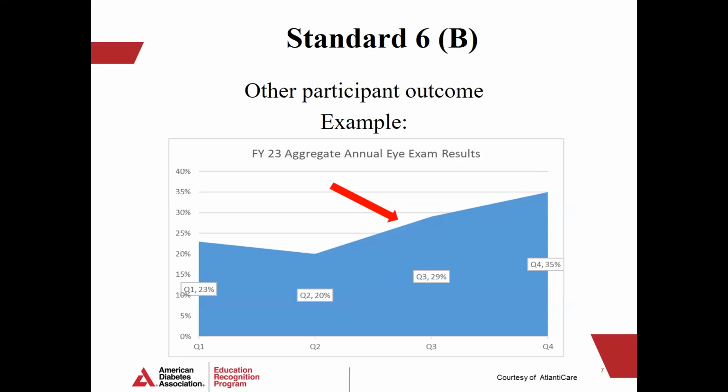So this is community health workers that are on that van, some medical assistants, and our diabetes education team decided to partner and market diabetes days at some of our regional office sites. So when we did this in the beginning, you can see the trend up where the red arrow indicates. So in the beginning of fiscal year